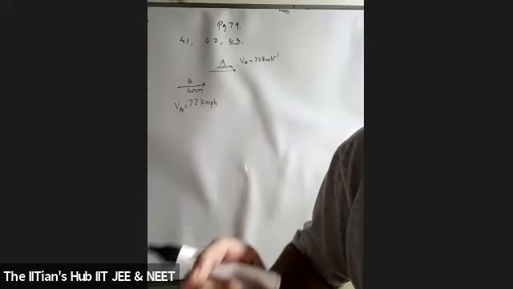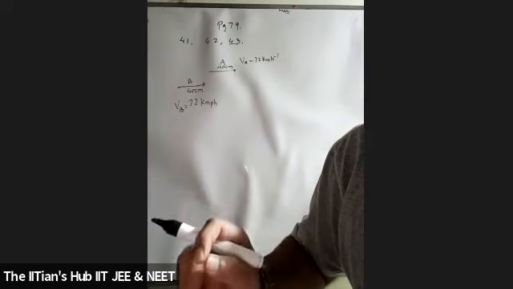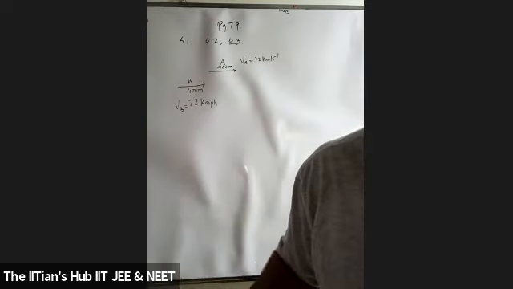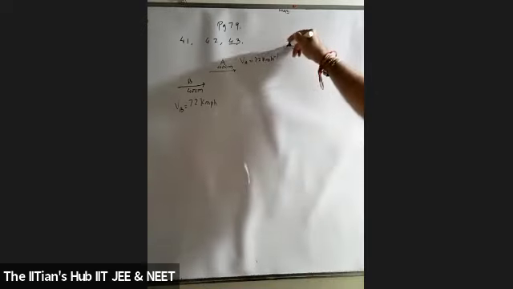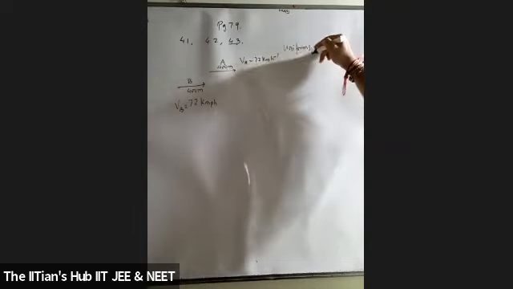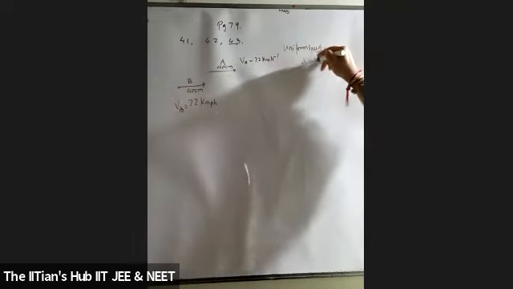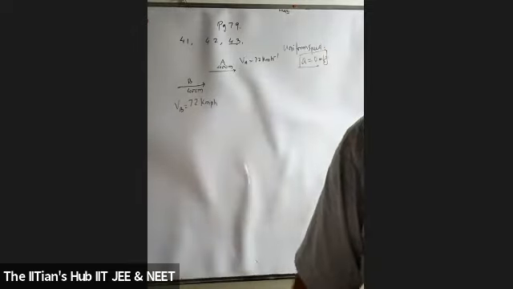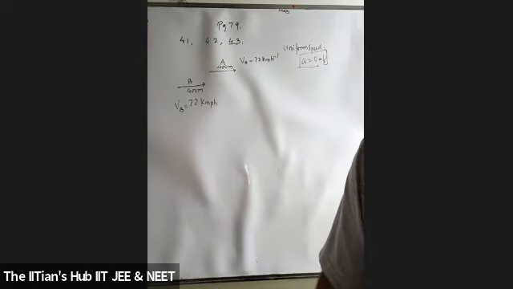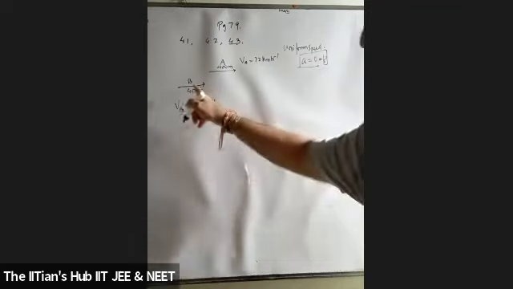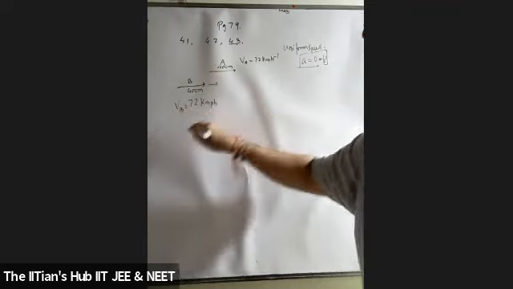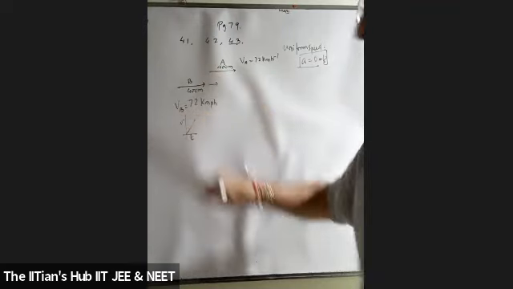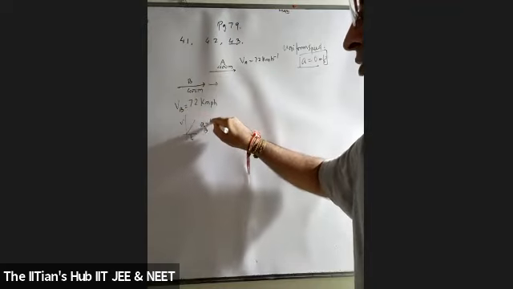Now listen carefully. Two trains A and B of length 400 meters each are moving on two parallel tracks with uniform speed, 72 kilometers per hour, in the same direction with A ahead of B. Students, uniform speed means the acceleration is zero. Do keep in mind, acceleration will be zero. Now the driver of B decides to overtake A and accelerates with 1 meter per second square. The driver of B decides to overtake A, so he started accelerating. Accelerate means the velocity will go on increasing with time. So the acceleration of B is 1 meter per second square.